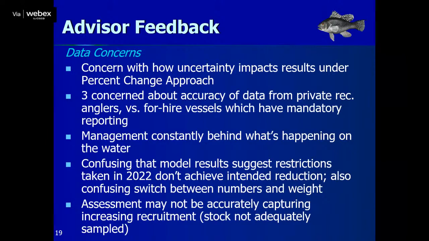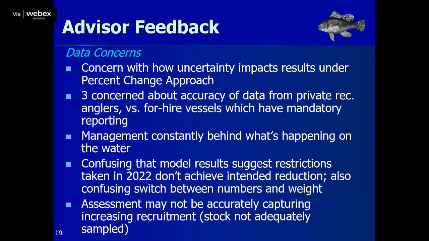Advisors had a lot of concerns about data broadly. So one advisor expressed concerns about the accuracy of the data and how uncertainty in the data impacts the results under the percent change approach. 3 advisors expressed concern about, we heard this earlier today with scup, data coming from the for-hire sector versus the private recreational sector, where the for-hire sector, federally permitted vessels anyway, have mandatory reporting through VTRs. And so there's concerns about how that data might be more accurate than the private recreational data from MRIP and how that's impacting